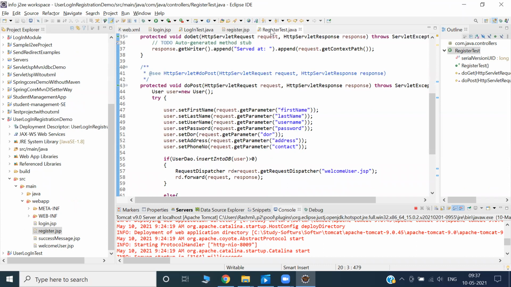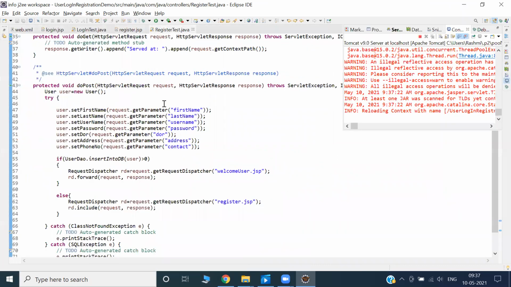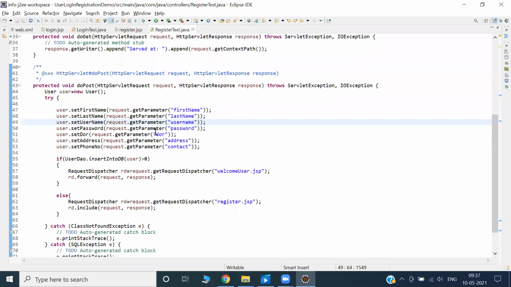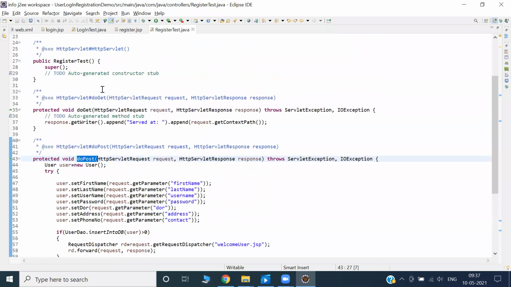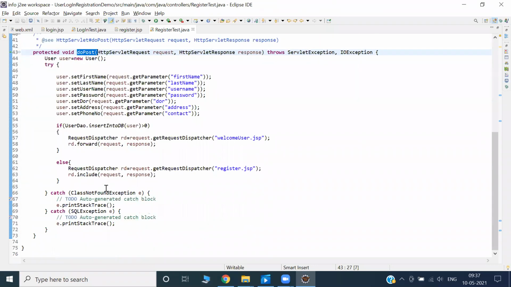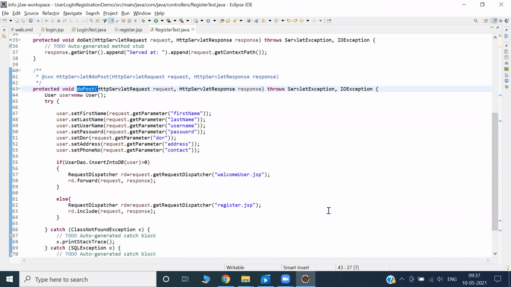So let me come to this point. Let us understand what is happening. Is the doGet method or the doPost method called? Who can tell me which? Because there could be a doPost, doGet, there could be other methods. Then why should I come here? How to understand that one?